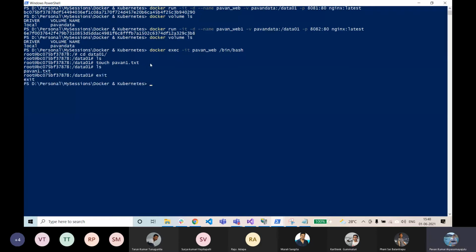So let me exit from this. Let's get into the other container and see if this file is present over there or not. You can actually see, right? So pawan1. I created this particular pawan1.txt on the Pawan Web container, so this is also copied onto this Pawan Web 1. Okay. So let me exit from this.